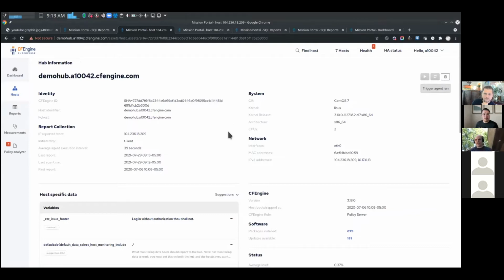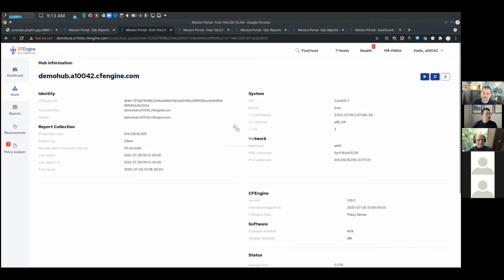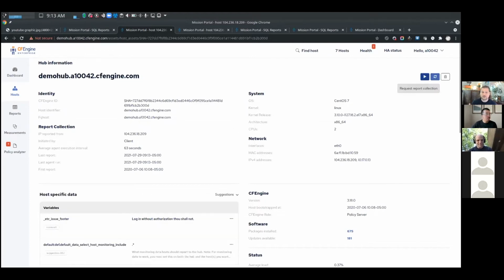What's that other button to the right of the triangle? The one with the little recycle icon. This one? Yes, the one in the middle. The recycle icon is for report collection. So if you've got policy that's running less frequently, it gets triggered automatically when you do an agent run, so that it'll pull back some fresh data. Right. But if you've got